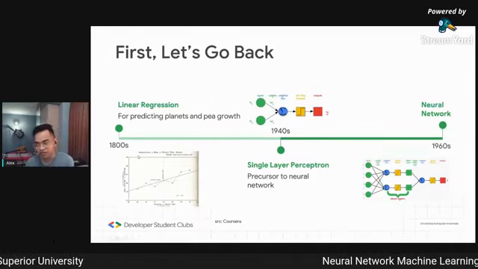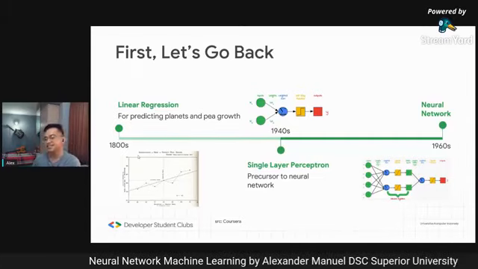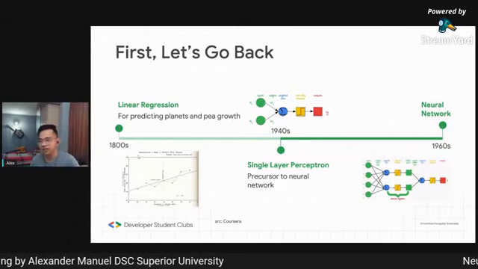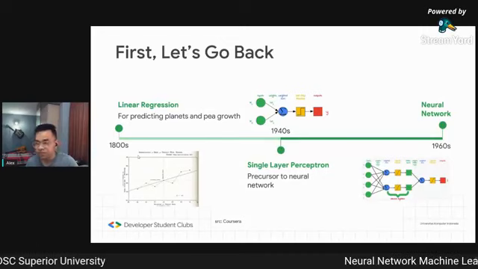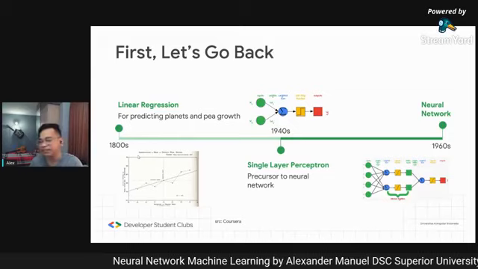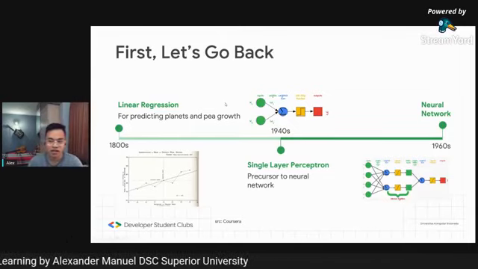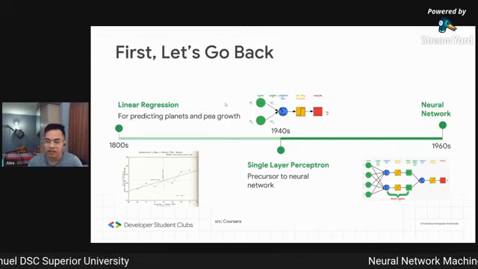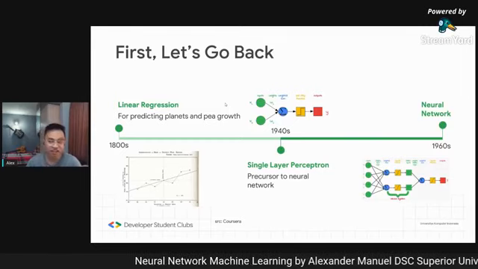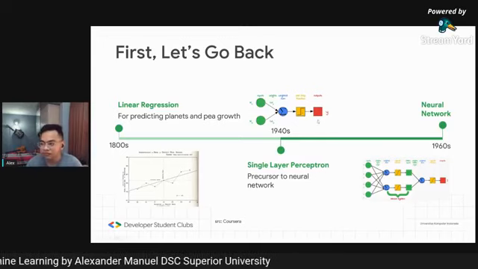After many years, there was the single layer perceptron, where there is only one neuron that has an activation function, which was only linear, not non-linear. It was a linear activation function to predict the OR function or the AND function, but it cannot predict the XOR function. So people left it after that.